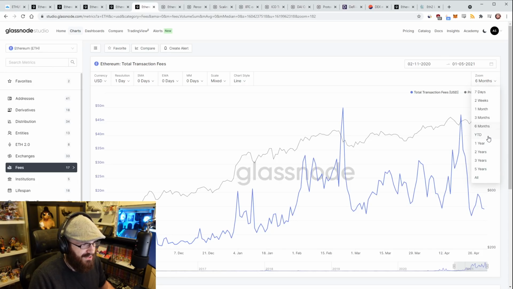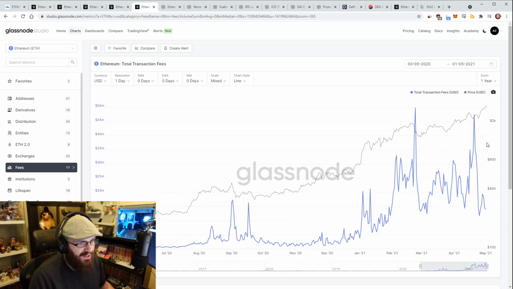And obviously the price has gone up, but I don't think the price and the fee revenue are actually correlated at all. I remember some people saying on Twitter, when the gas price is low, "Oh my god, this is so bearish for ETH, ETH's going to dump." And it's never been like that. There's just been no correlation between the two, well, little to no correlation.